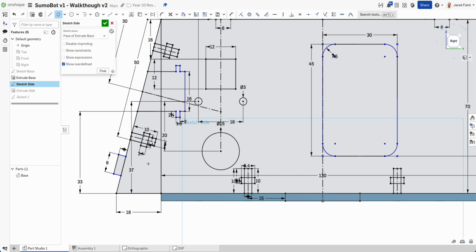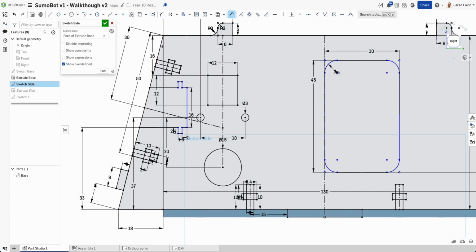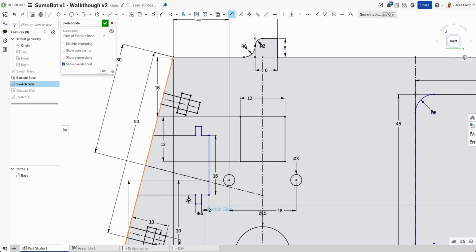So now dimension that from the bottom, and let's go 8 up. So now that's fixed. We've got our cutout for the hole there. We've got another one here. Now, if I wanted to, I could try and do a little one at the top here. I might actually do that